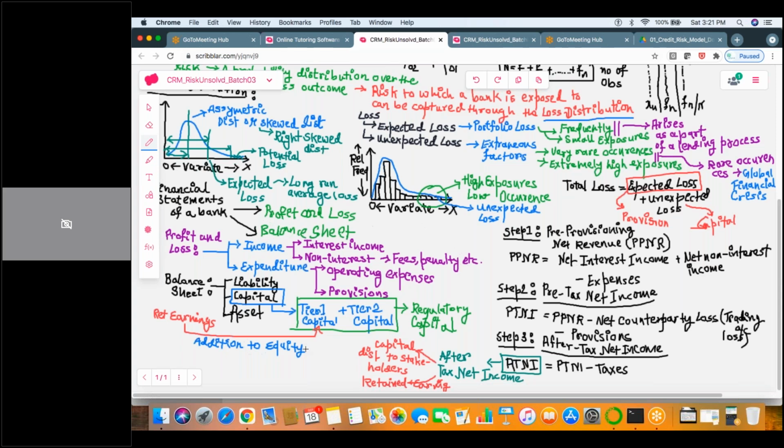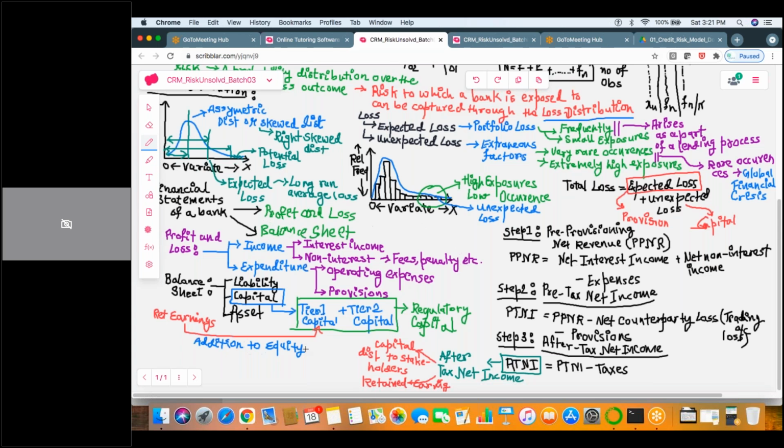And when the equity capital of the bank increases, the regulatory capital of the bank also increases. So with this increase, the next question that comes out is what are the next steps in terms of the impact on